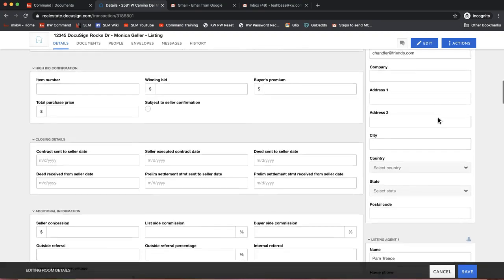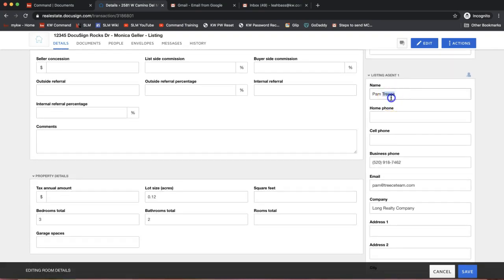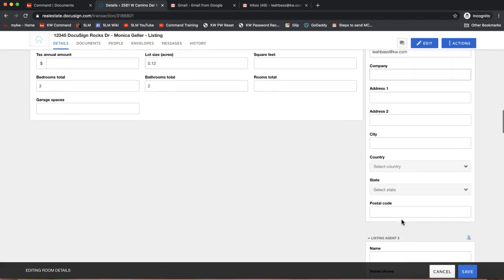And you can also put in your info as the listing agent here. I linked up a random listing, right? So it's automatically pulling in the listing agent's info. So that's why we're seeing that here. All right. Okay, so the reason that I say DocuSign is not on the list of apps for me to